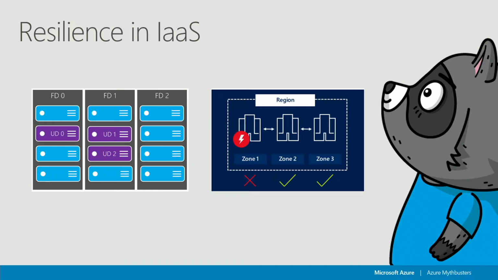With all of these important, different areas, there's a couple of concepts that it's really worth us just talking about. So on the slide we say resilience in IaaS, but it really does apply across all of the Azure services. Resilience is global, yeah. Absolutely. So the two main ways you can think about that in Azure today are things like availability sets and availability zones.